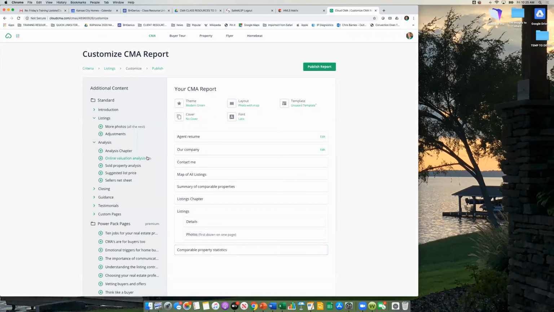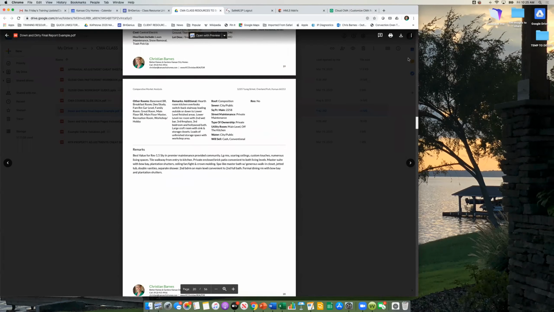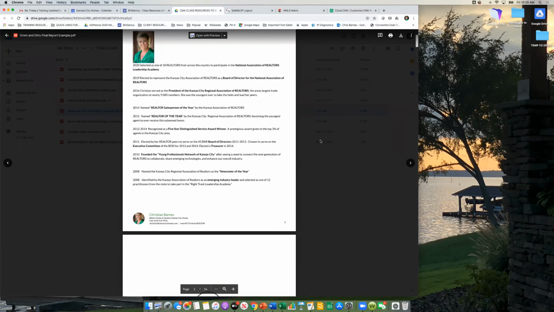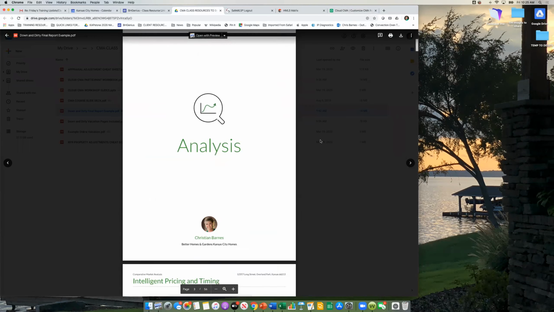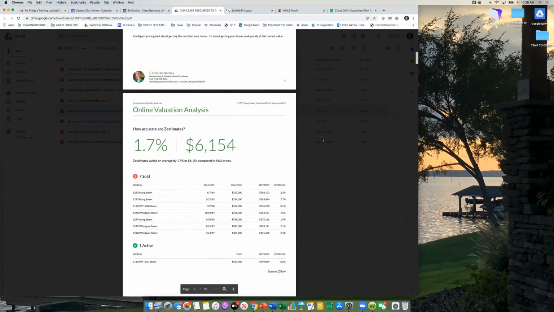I love the online valuation. Let me show you what this looks like in the report. Let me go back up to the top here. So everybody's always, the sellers are concerned about, well, Zillow says my house is worth X. This gives them